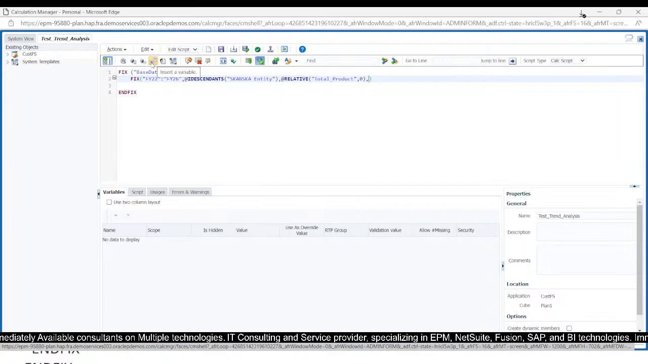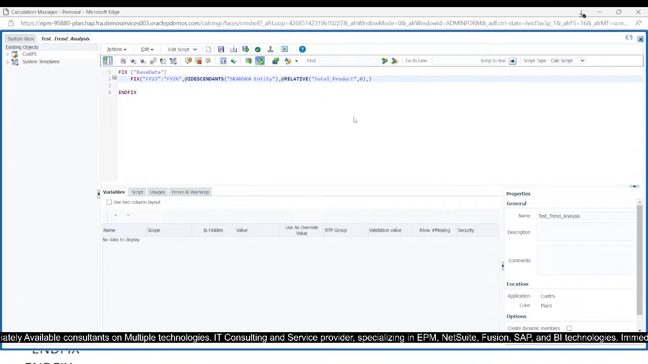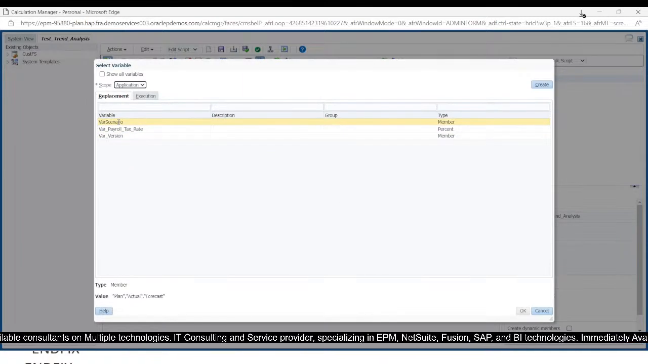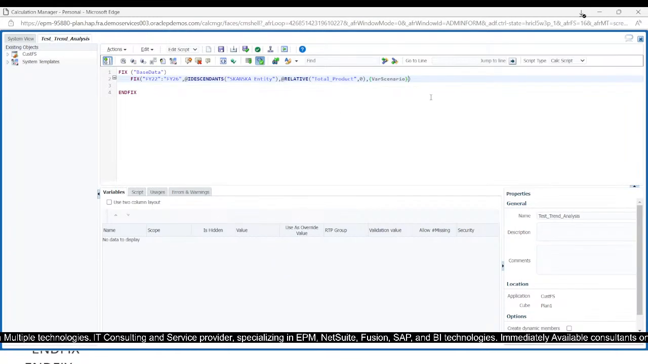So with the help of this insert a variable icon, I'm going to select variable from application. Here I am selecting the scenario variable whose values are plan, actual, forecast, which means that in any of these scenarios the rule can be written. Okay,